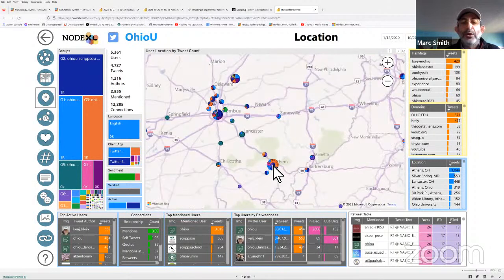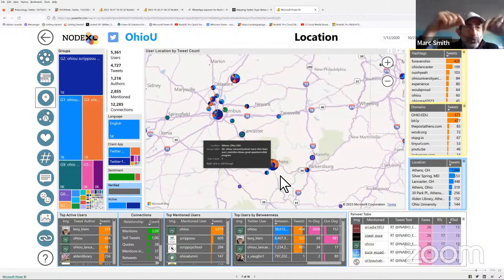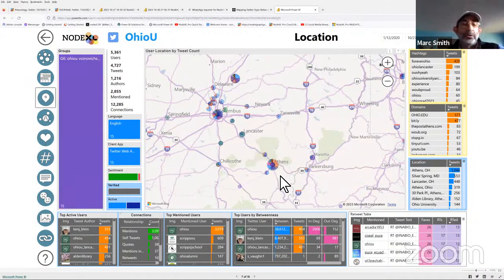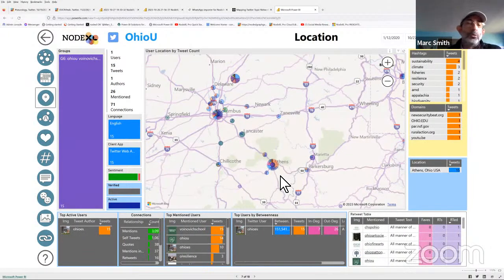So you're down here. And so we can actually start clicking on these people and seeing who are those people who said that their location was Athens? Who are those people and how is their content different from the people who are up in Columbus? Because they're talking about you too. Maybe when Columbus people talk about you, they're really talking about the football team. And when you guys talk about yourself, you may actually be talking about the fact that it's actually a university, right? You're also doing this education thing on the side.